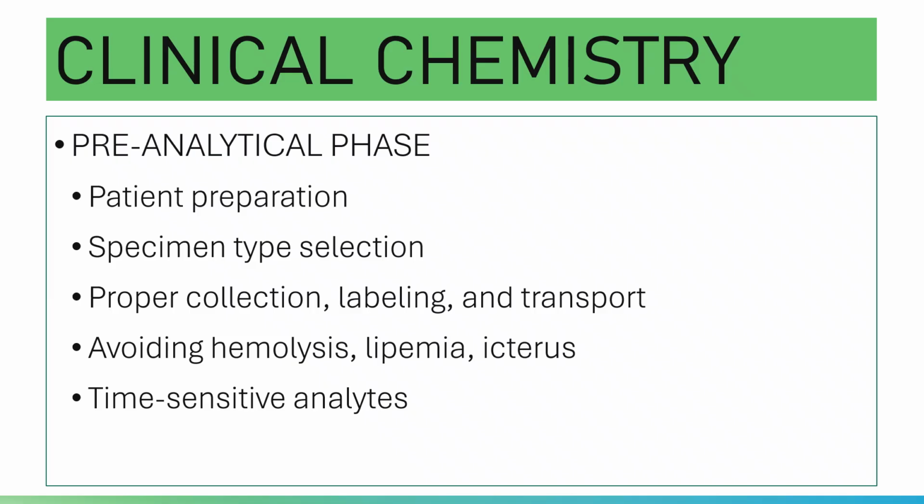And then sample requirements, of course, avoiding hemolysis, avoiding lipemia, and icteric serum. These are still part of the pre-analytic phase. Patient identification is also part of your pre-analytic phase. And then, yes, your time-sensitive analytes, like in case of ammonia, and protection from light for your bilirubin and the rest. Please note that you have actually a lot of actions that will fall under the pre-analytic phase.